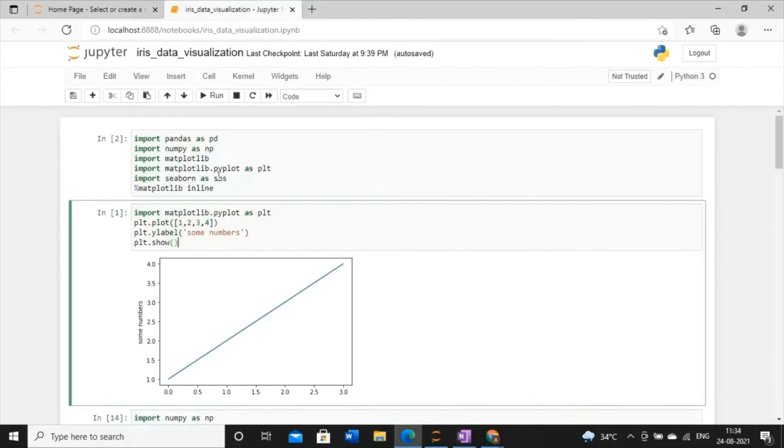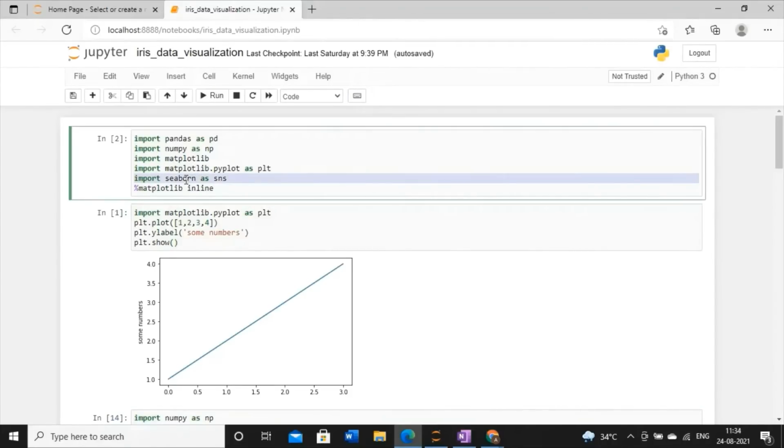But now we have another library which is associated with it, known as Seaborn. Here try to understand, Seaborn is a library for making statistical graphics in Python. This is the most important point that you have to remember. Whenever I'm talking about Seaborn, again it deals with graphics, means it will draw something. So here the point is, Seaborn is built on top of matplotlib.